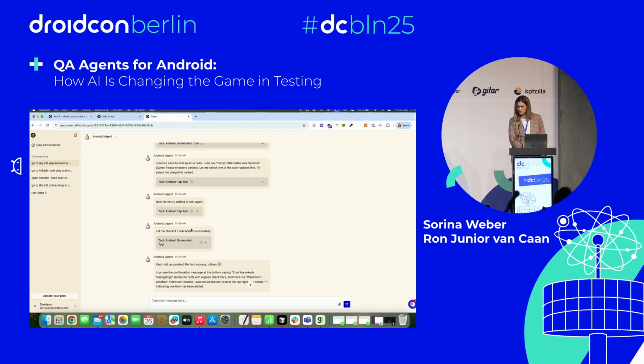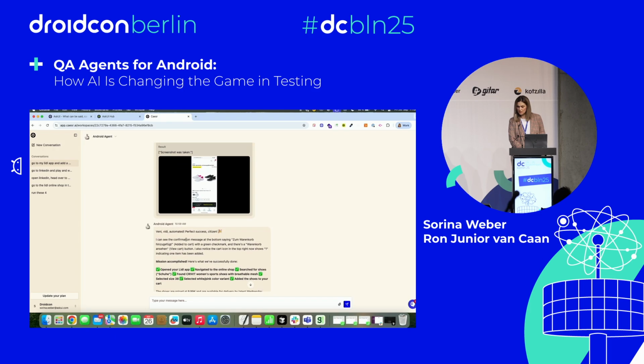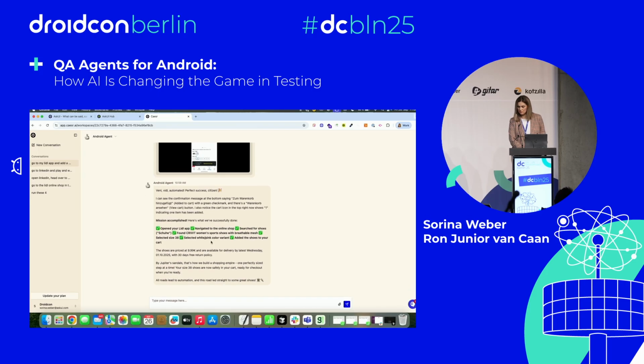And if we scroll a little bit to the screenshot, it added it to the cart. And it could see the success here. Zum Warenkorb hinzugefügt. In German, added to cart with a green check mark. And this is one use case of what you could potentially do.